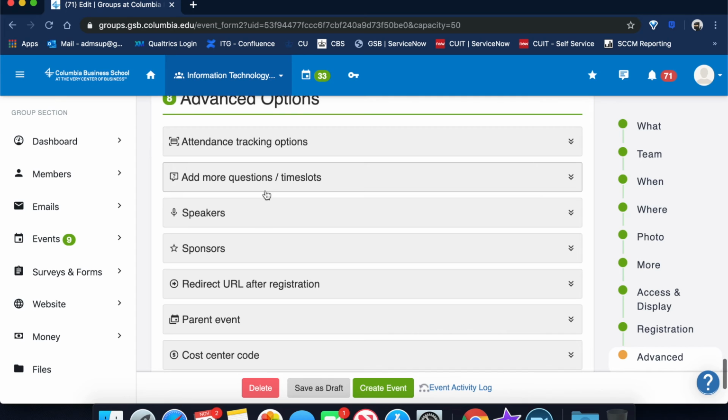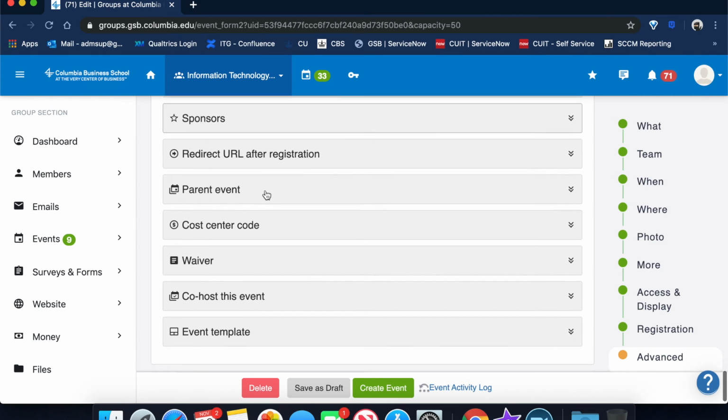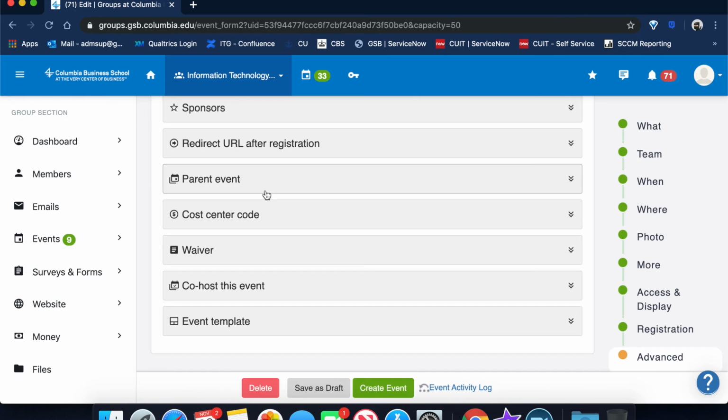And here are more advanced options. If we have special guest speakers, sponsors, if we have a website and we want to redirect URL after registration, the system can do that. So we're going to keep scrolling down. And so at this point, we're just going to say create our event. When we click this button,